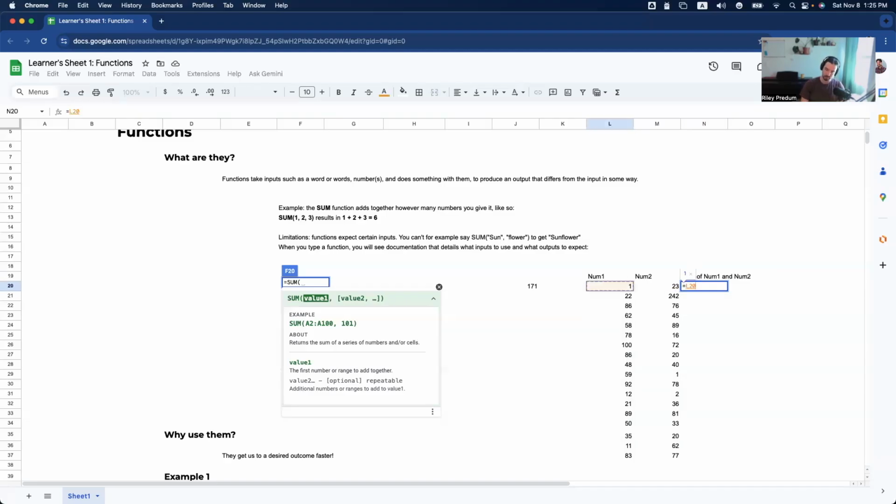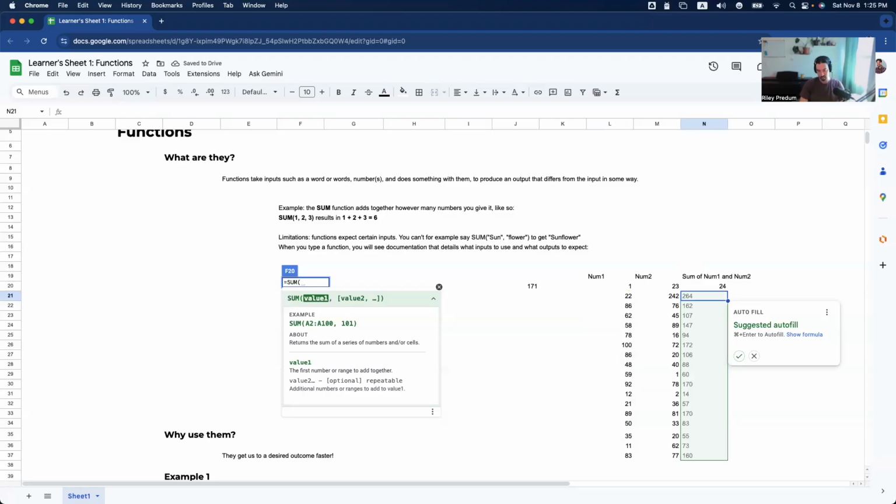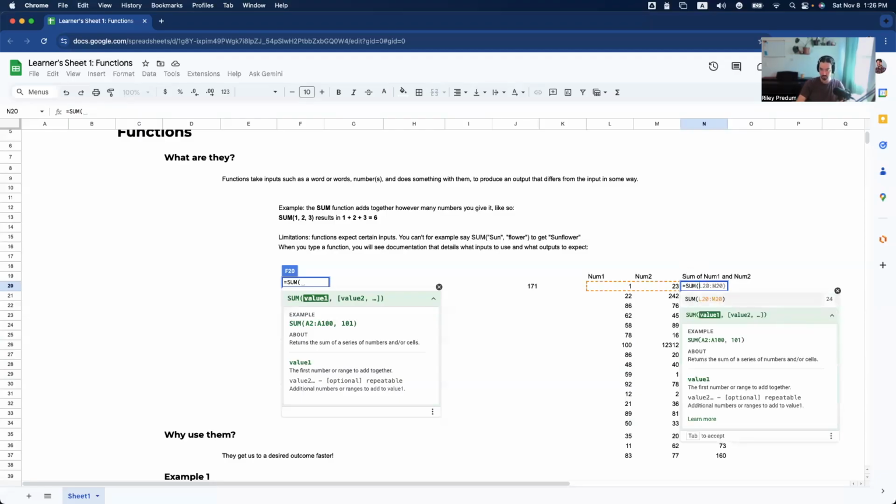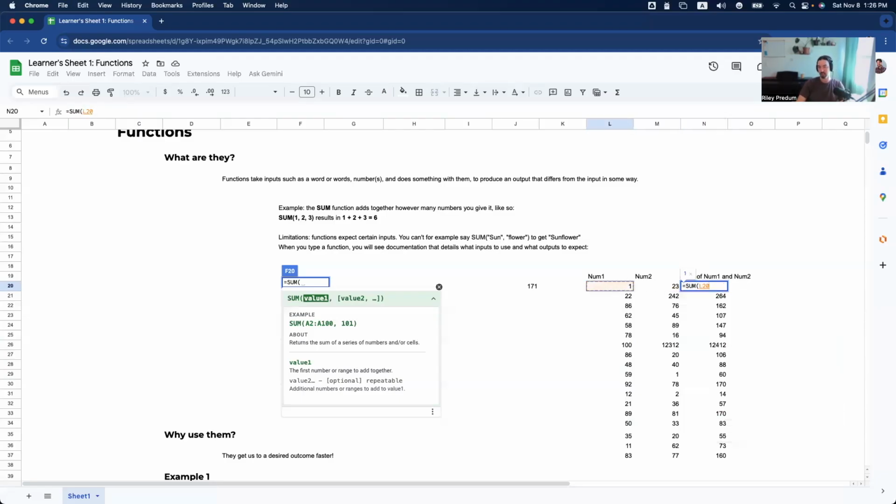So you could say L20 plus M20, and if you press Command Enter, you can autofill all the way down. So as these change, these will update dynamically. So you can either do cell plus cell, or you can do equals sum, parentheses, and then do a